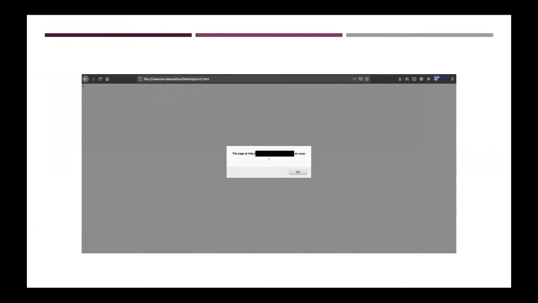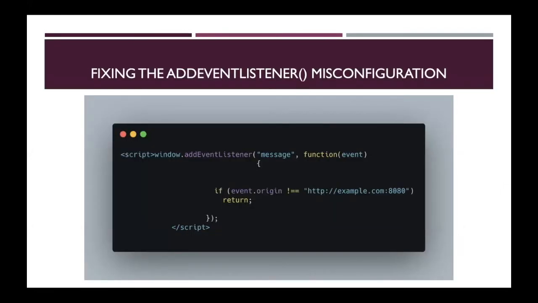This is how you can perform DOM-based XSS if the addEventListener function in the main page is not validating the origin. So how can a developer fix this issue in addEventListener?